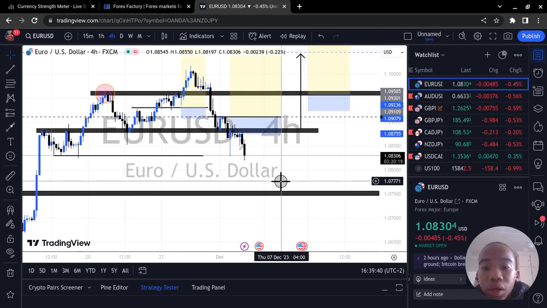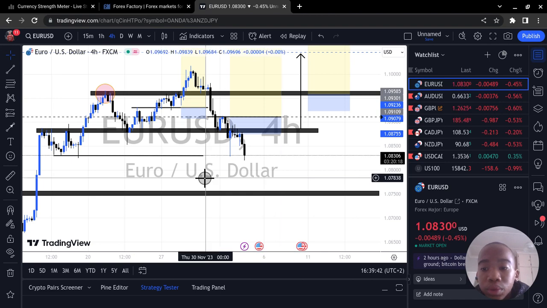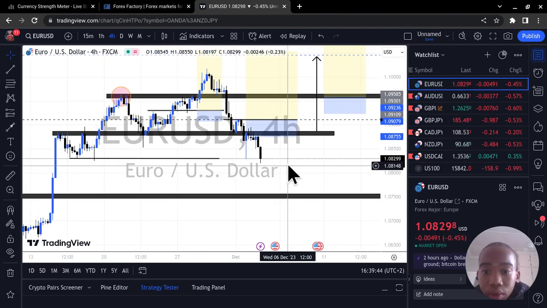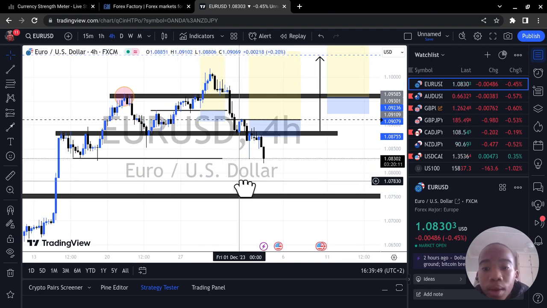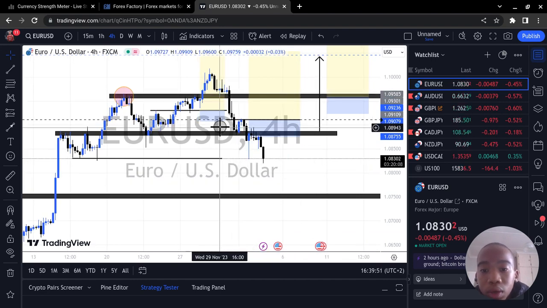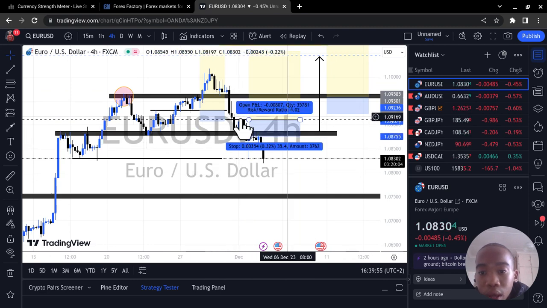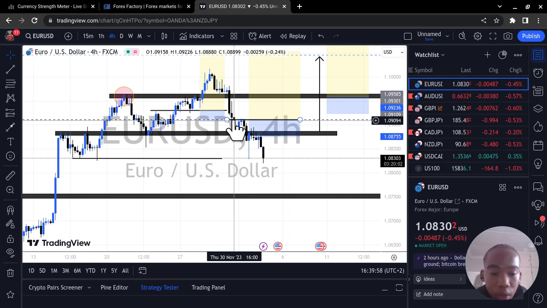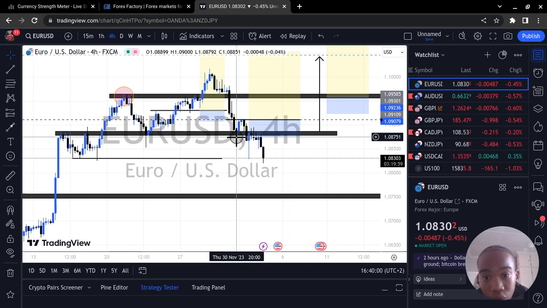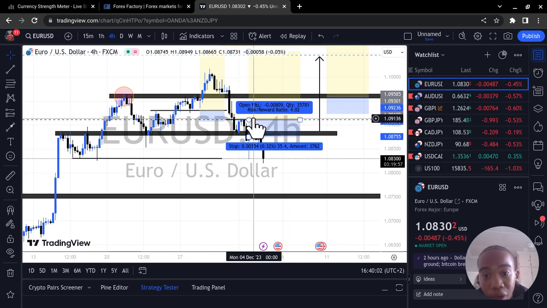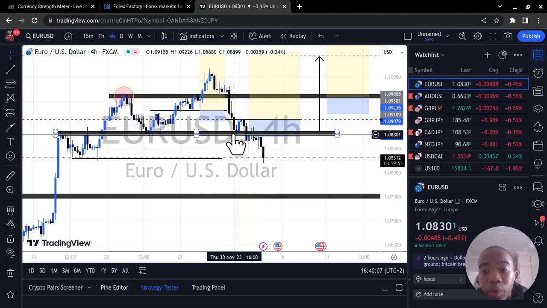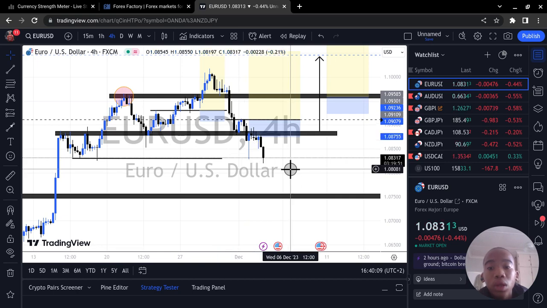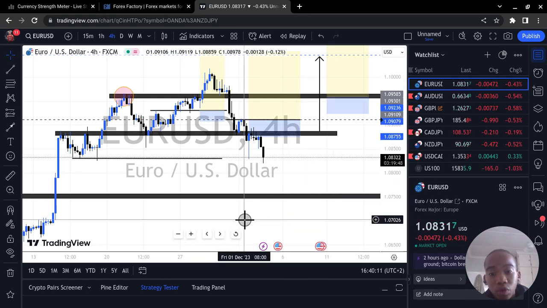Now, brilliantly, we're on Euro USD, right? So this is why it's always important for you to wait for your confirmation, because obviously I waited for price to come to this zone right here, and I saw, okay, this was a low on the lower high on the low time frame. So if it broke this low, came back above and retested, then I'd be willing to buy. But you can't just buy at a support not knowing whether it's actually going to reject off of there. You need some sort of